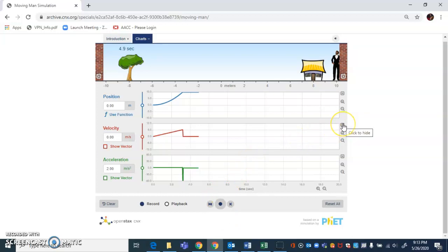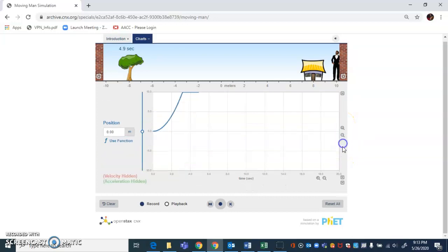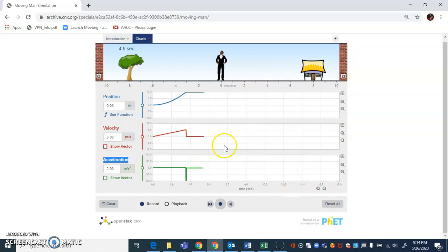Now what we're going to do is try to figure out where he was at 3 seconds. So I'm going to hide the velocity graph, and I'm going to hide the acceleration graph, and then we'll just look at this one graph here. And I'm also going to change the time scale. As you can see, I'm having a little trouble getting the time scale to change, but I found sometimes just